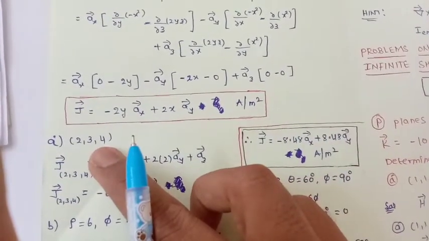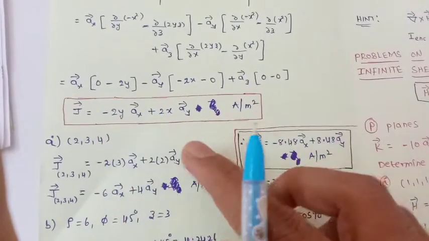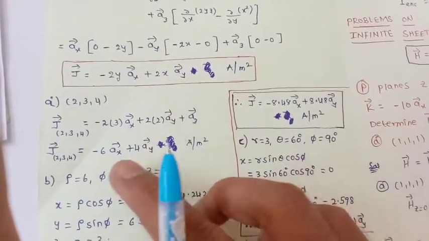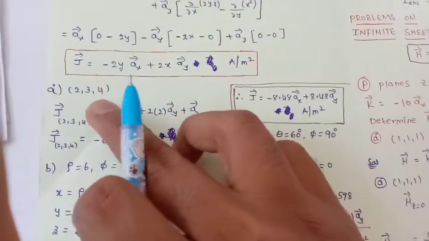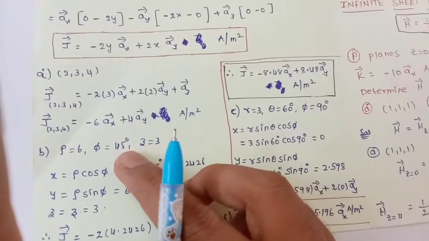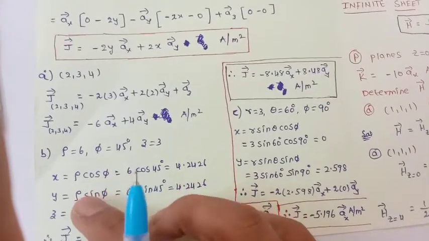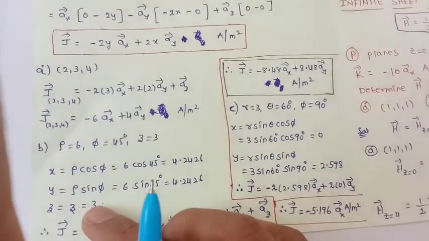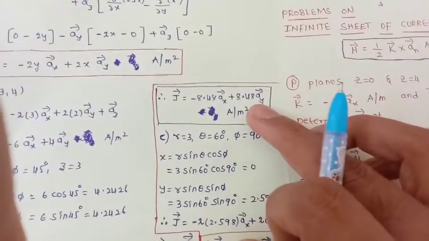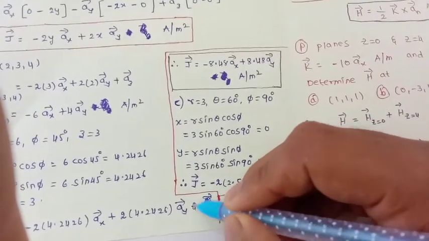If you observe this point, it is directly in the Cartesian coordinate system. Therefore, I have substituted x as 2, y as 3 and z as 4. Since there is no z component, we should not bother about z. Is it clear? Now after substituting, we have the current density at this point. Now observe, this is in the circular cylindrical coordinate system. Therefore, I have converted the circular cylindrical coordinate system into the Cartesian coordinate system by using this formula: x is equal to rho cos phi, y is equal to rho sin phi. If you want z, you can; otherwise, you omit it. Then after substituting this, I have the current density. See here, there is no z component.